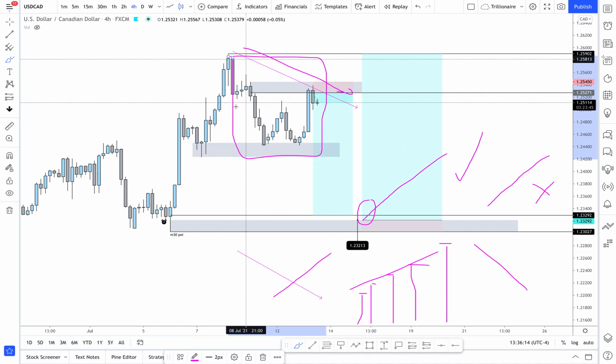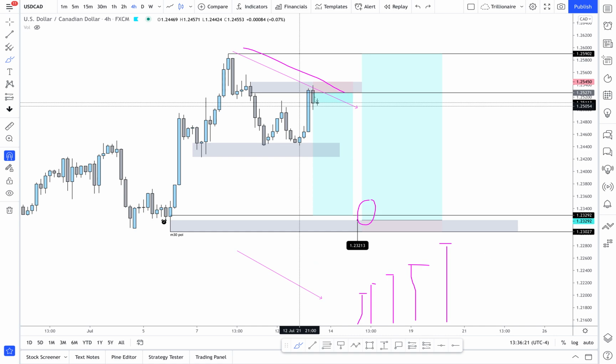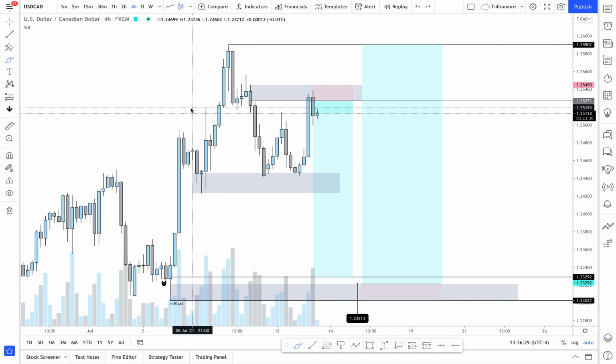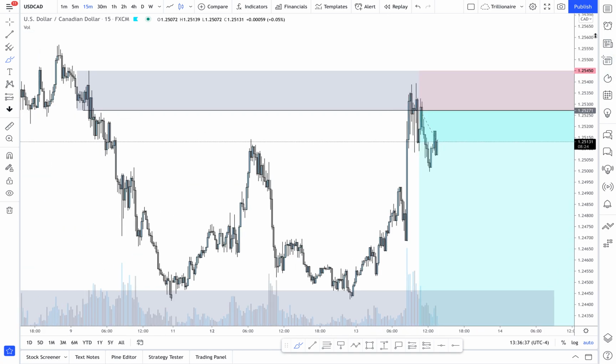Okay, now we are taking this counter trend trade on the lower time frame. Here, let me get rid of all this. We are taking this lower time frame trade, this counter trend trade, excuse me, on the lower time frame, and it should be a decent move. It should be a really nice move. All right, we're already in the trade. We're currently up around,